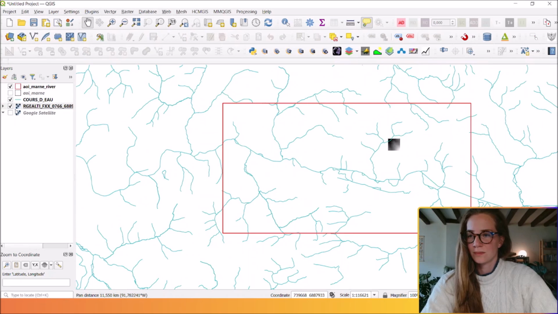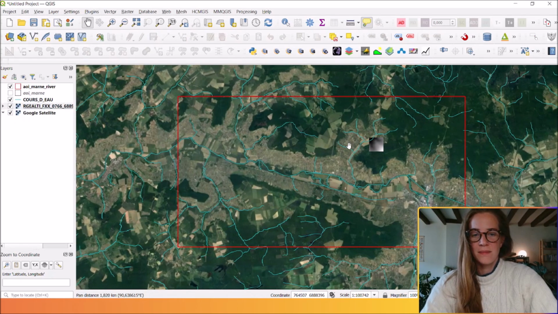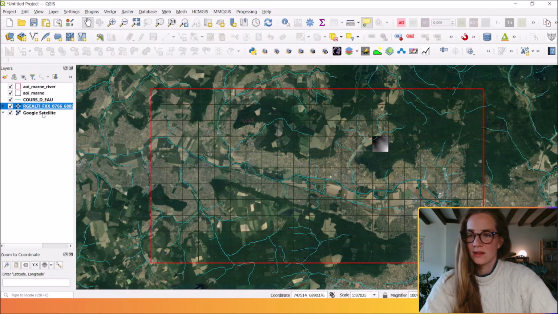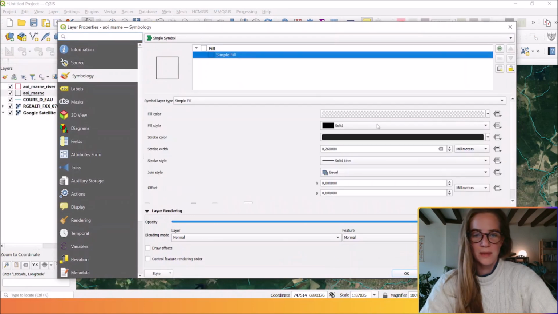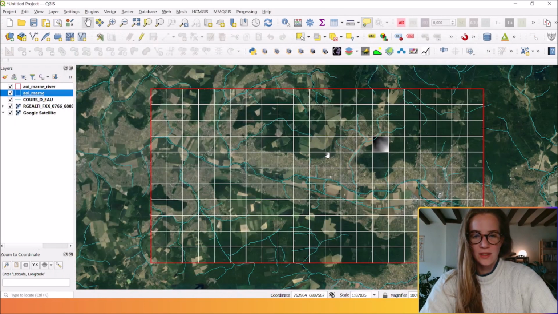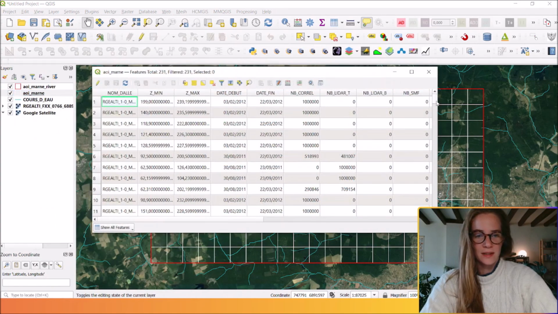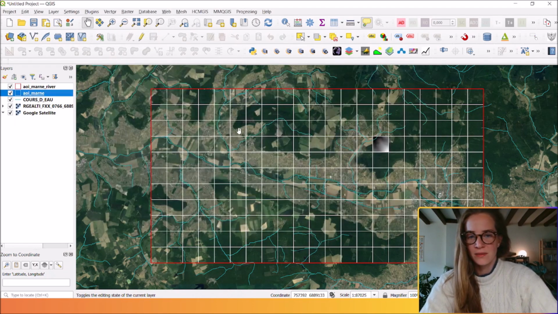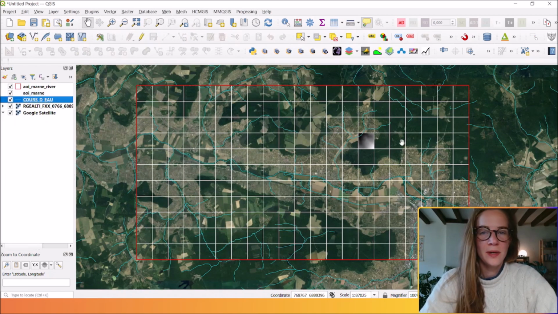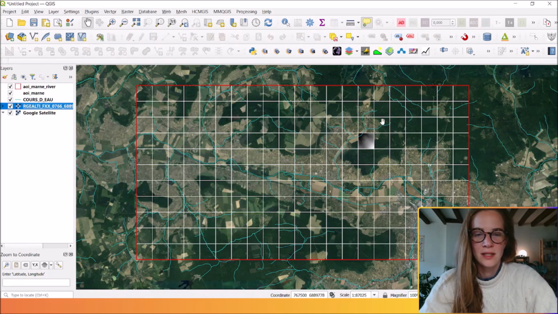So there are many tiles of this raster that we need first to fuse. I'm going to show you how many rasters cover the entire area of interest. You can see that there are 231 rasters for this area of interest. I just want to show you where I got this beautiful raster at 1 meter resolution from, that covers